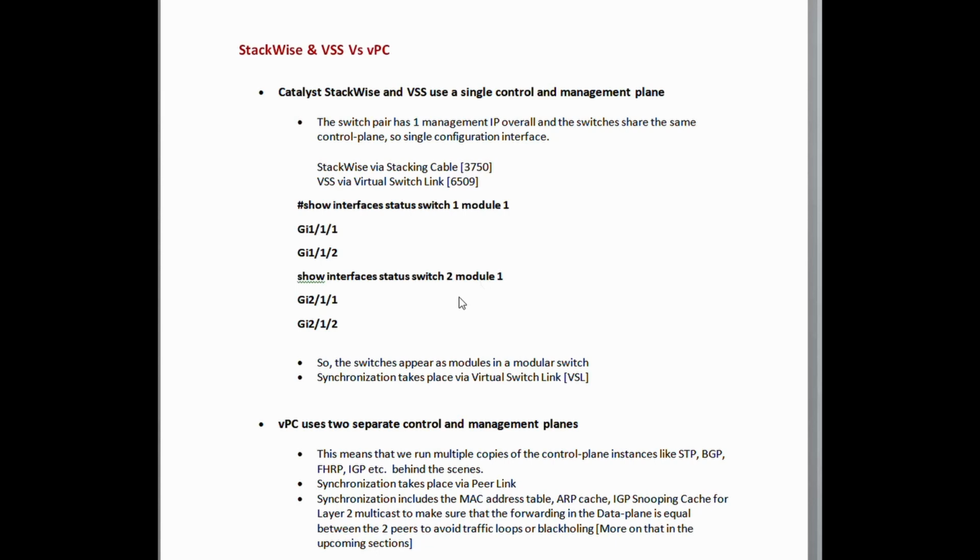Also, the main difference between StackWise versus VSS versus VPC is that Catalyst StackWise and VSS use a single control and management plane, which means that the switch pair has a single management IP overall, and the switches share the same control plane. So from a configuration perspective, we log into the switch pair using a single management IP, and once logged in, the switches appear as modules in a modular switch platform, and the synchronization between the switches takes place via the virtual switch link or VSL,